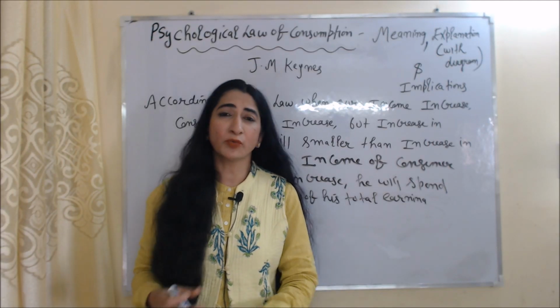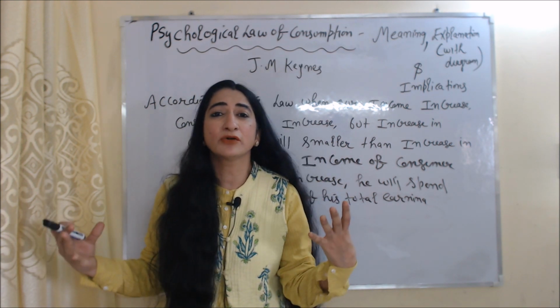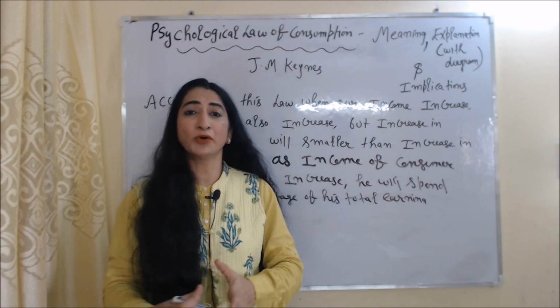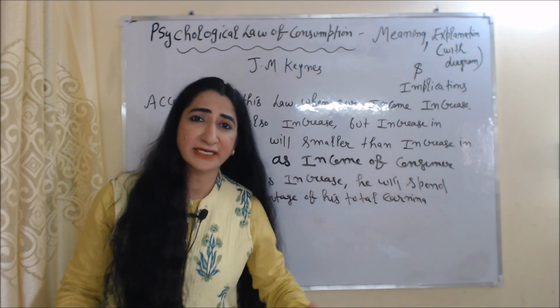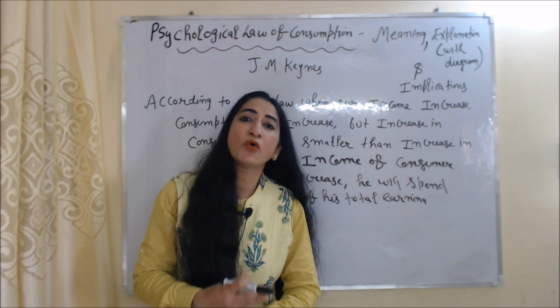Today we are going to talk about the meaning, table, diagram, example, and implications of the psychological law of consumption. This law is given by J.M. Keynes. According to this law, as income increases, consumption will also increase, but the increase in consumption will be smaller than the increase